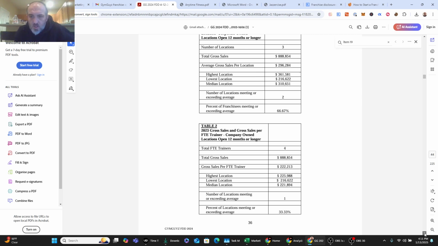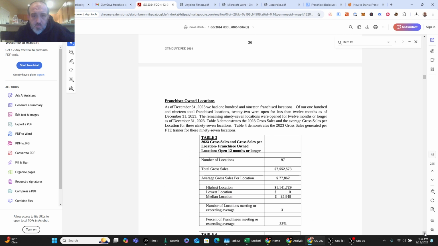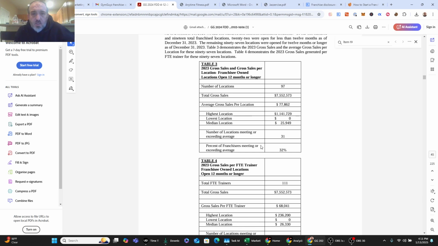Now I go down here, and then I see for the franchisee ones, the highest location is making a ton of money. The lowest location is making $0. That's no revenue whatsoever. And they just paid, how much was it? $65,000 minimum for this? So that's the loss of $65,000 right there. Median locations making a loss of 20. So just simple addition and subtraction, you can tell that